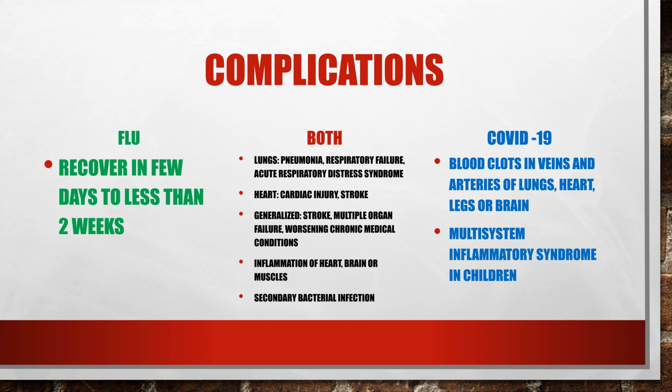For the flu, complications: typically people recover in a few days to less than 2 weeks. So the flu just has better outcomes compared to COVID-19. Whereas for COVID-19, you can have blood clots in veins as well as arteries, as well as in the heart or brain, which make this virus infection so much more severe than the flu. And then also you can have multi-system inflammatory syndrome in children, which is also a very severe process that happens in children, and it can actually